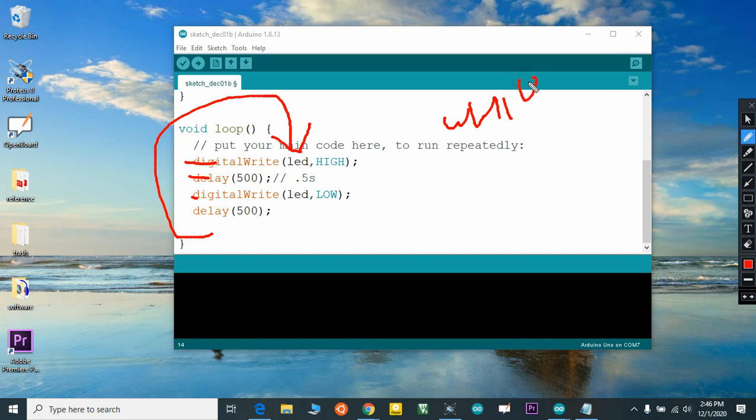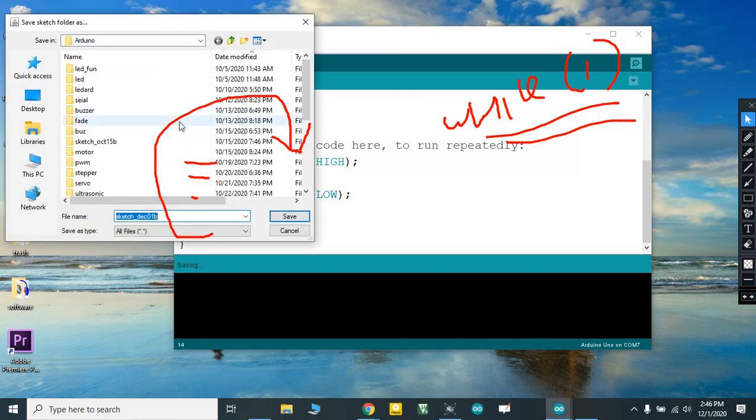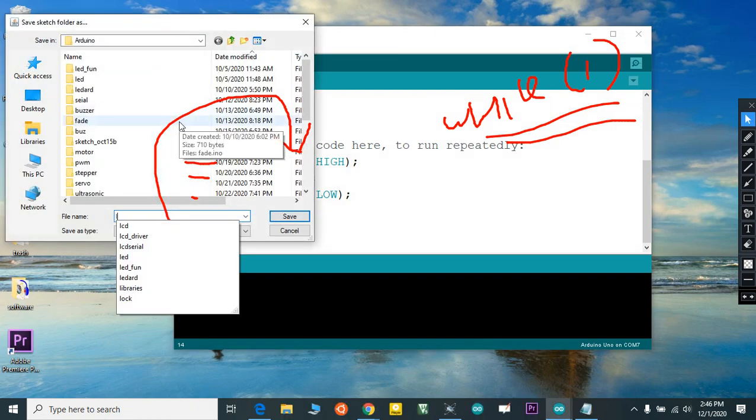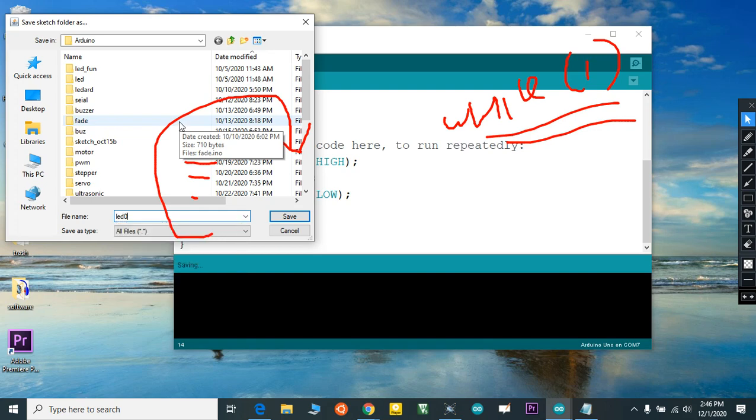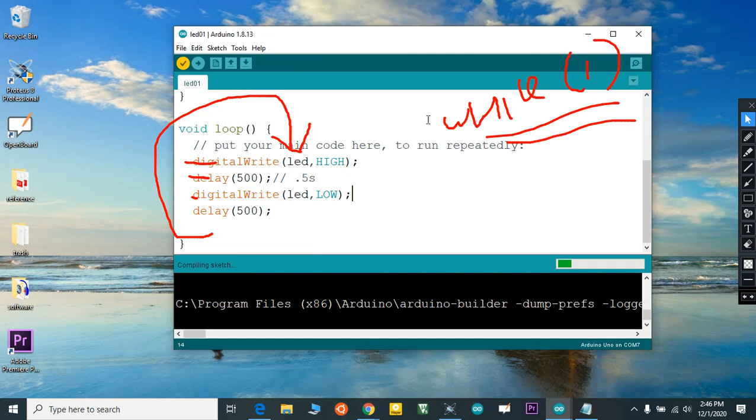It's like a while one function. Okay, the same code. So this is how the LED is working. Now we need to compile this code, check whether it's correct or not. I just compile. You need to save this file as LED 01. Okay,